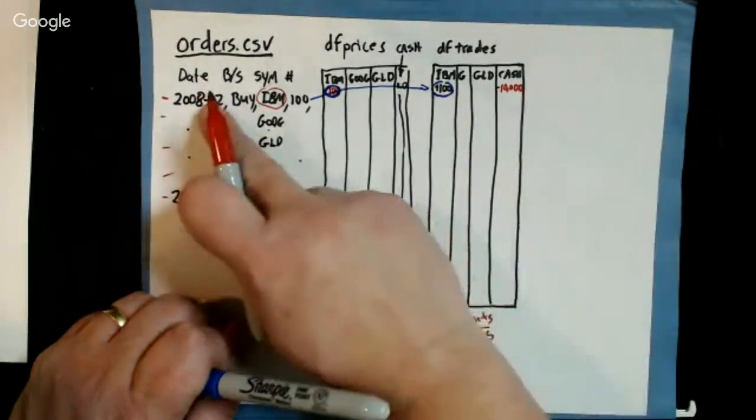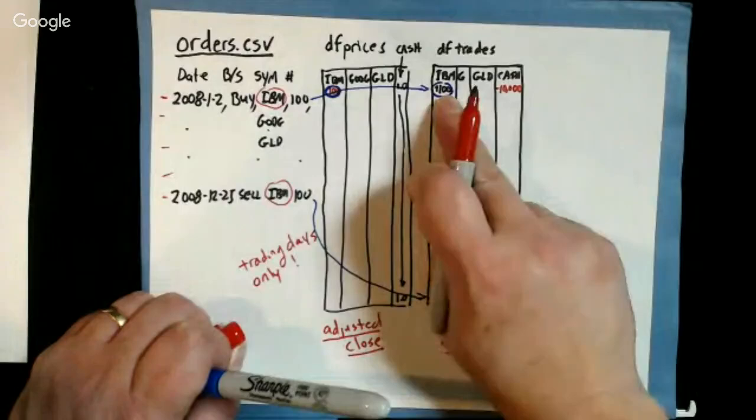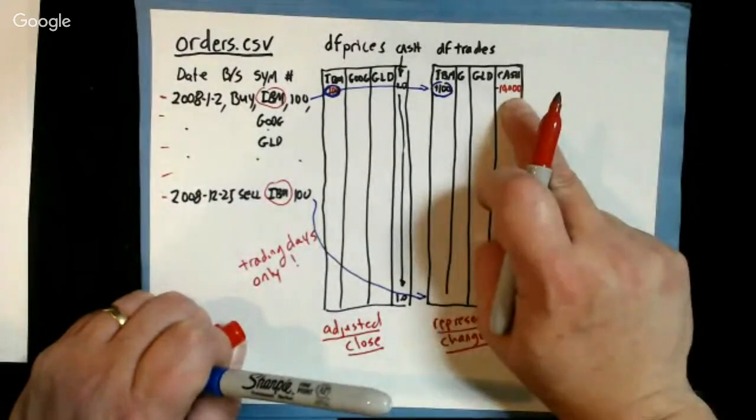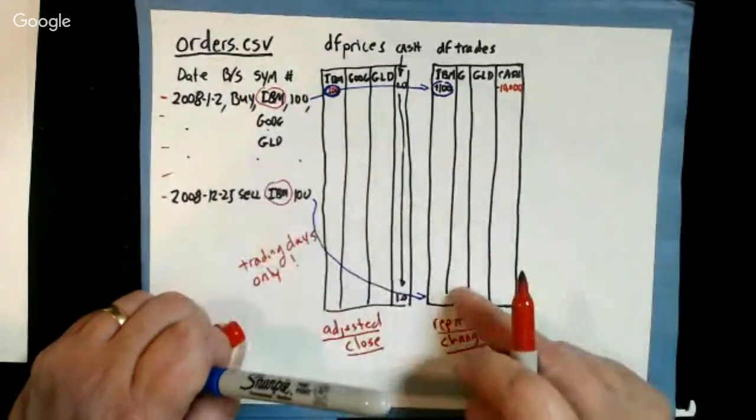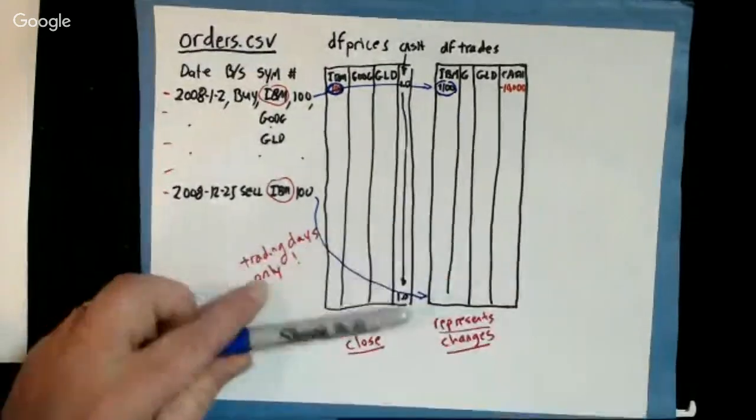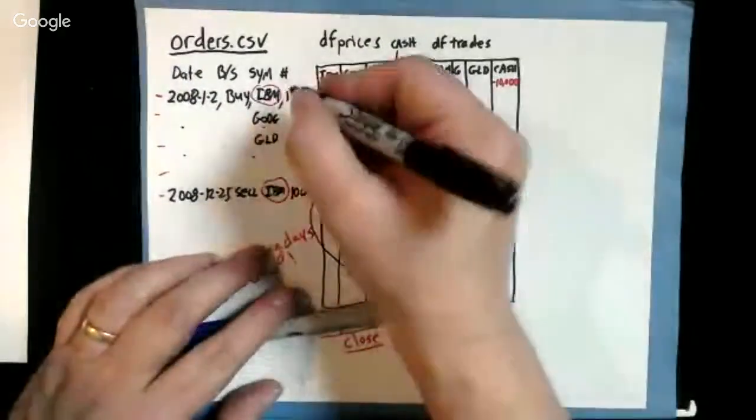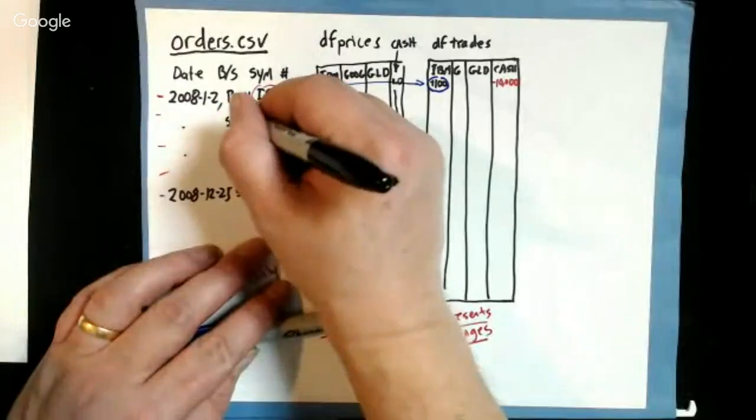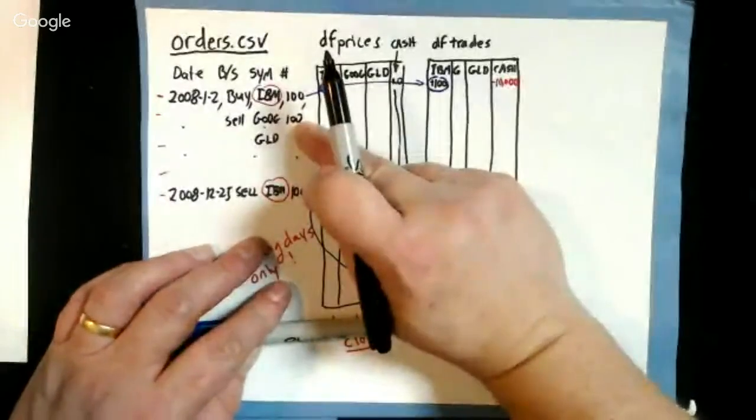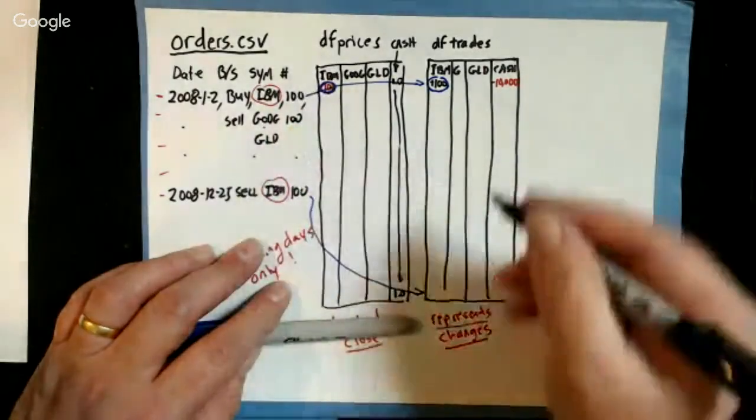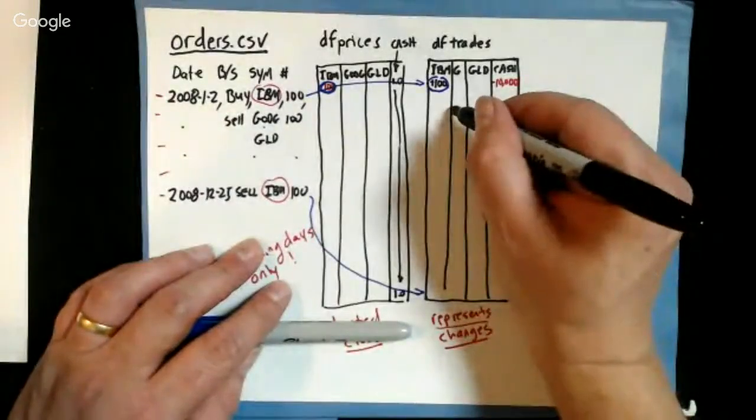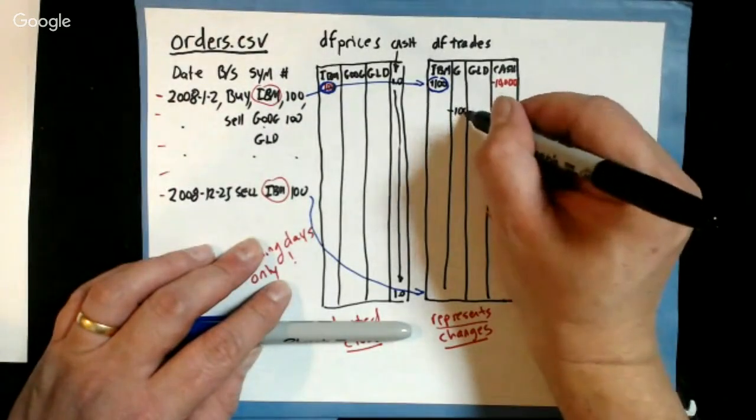Okay, so that's one trade on this particular day. We gained 100 shares of IBM and we lost $10,000 in cash. We step through all these other orders one by one as well. Let's suppose here we had a sell of 100 shares of Goog. So note that we had a sell before a buy. So on this particular date, we lost 100 shares of Goog,